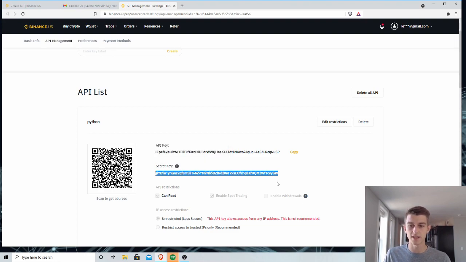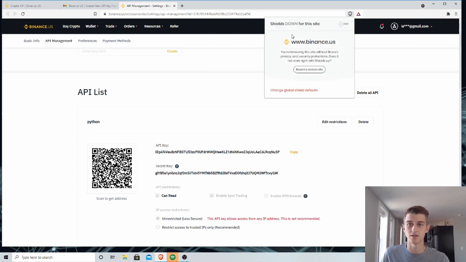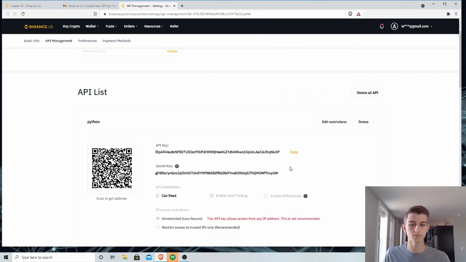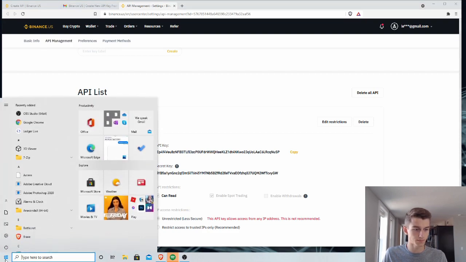One other thing I've had issues with when creating this API is some browsers will block this screen. What I had to do, I'm using Brave browser, I just had to turn the shields off while I do this API creation. But basically what we'll want to do so that we can connect to this API later on is copy these two things and save them in a Python script. So I'll copy that secret key, and then I will